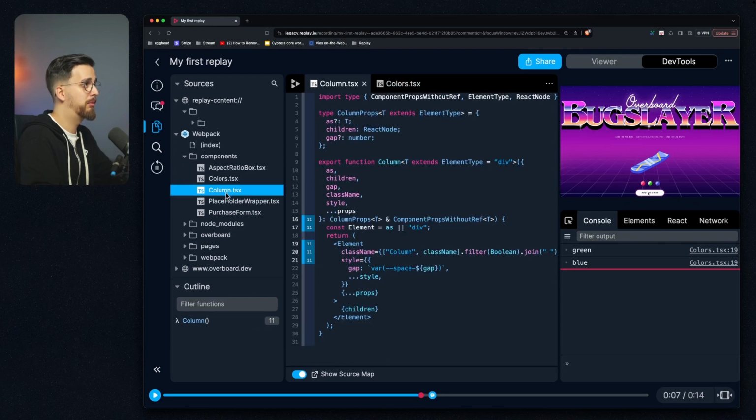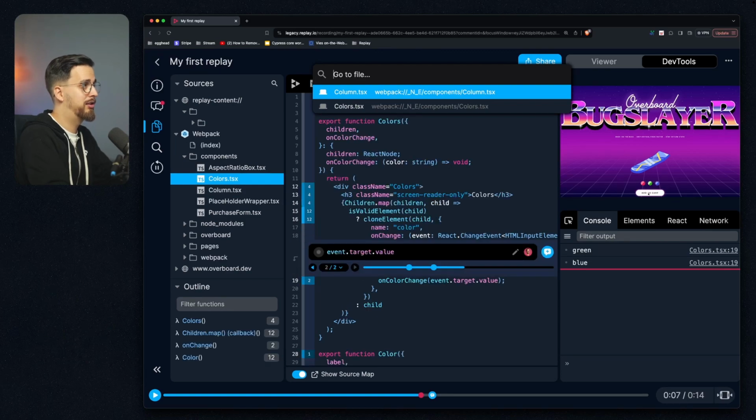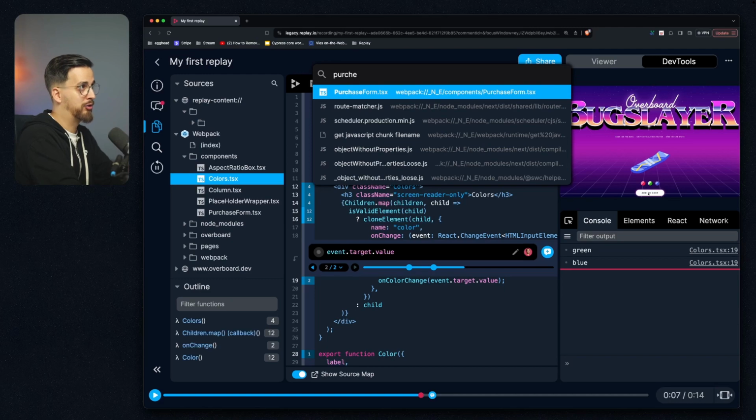I can open multiple files, and this will show as tabs in my middle panel. Right-clicking on the tab will show this context menu that allows me to manage my tabs or reveal my file in a file tree, copy its contents or the URI. I can also switch between the tabs by tapping Command P, which will open my command panel. This command panel also allows me to search within the whole file tree.